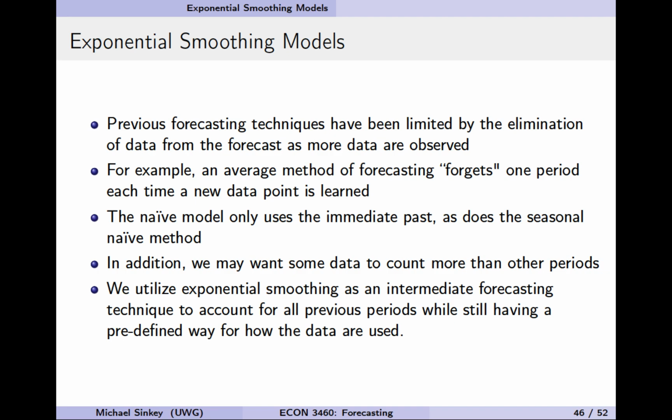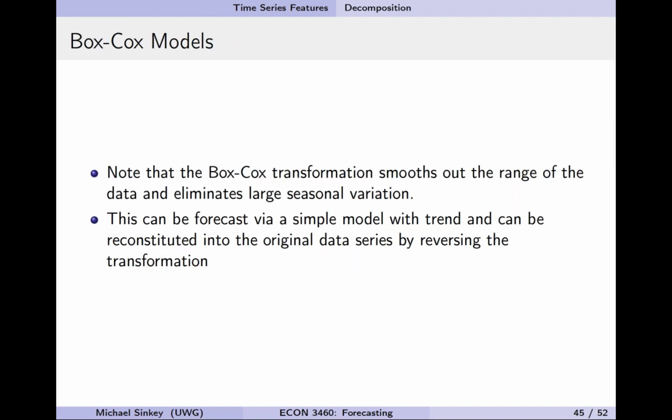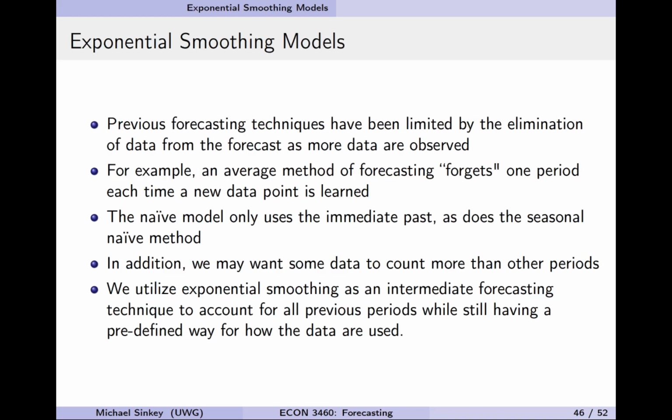So I may not want to forget data. I may want to use the data, especially if I've bothered to transform the data so the data are all in the same space. Why would I bother to do a transformation and then just immediately use the most recent past? Why wouldn't I take an average of a large number of those Box-Cox lambda equals 0 or lambda equal to 0.25 values? I've bothered to transform the data into the same space. Why then wouldn't I use that data to make a forecast? And so I do want to use the data to make a forecast, and I can do that with the